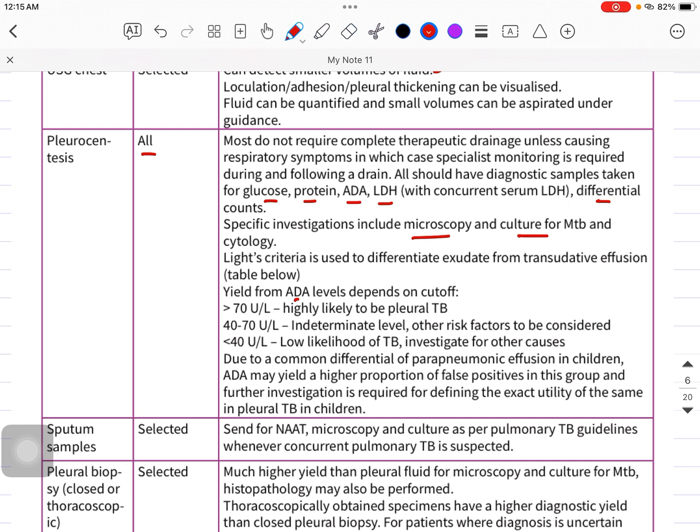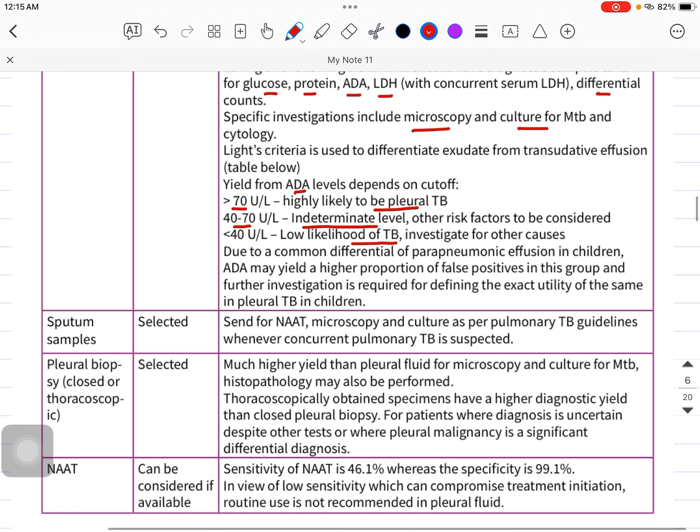What about the ADA levels? If it is more than 70, it is highly suggestive of pleural tuberculosis. Less than 40, then there is low likelihood of TB, investigate for the other causes as well. If it is 40 to 70, then it is an indeterminate level, it can be TB or it may not be TB as well. About the sputum samples, in the selected patients only we will be sending sputum samples where you are suspecting the pleural tuberculosis as well. For example, you can send sputum for the NAT and the microscopy and the culture, right,